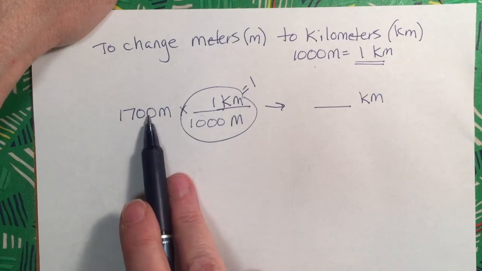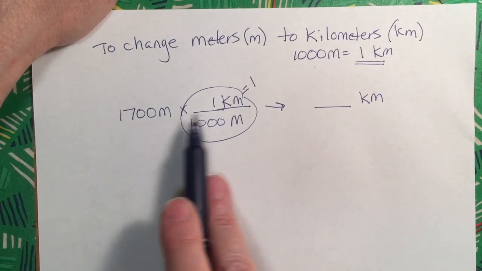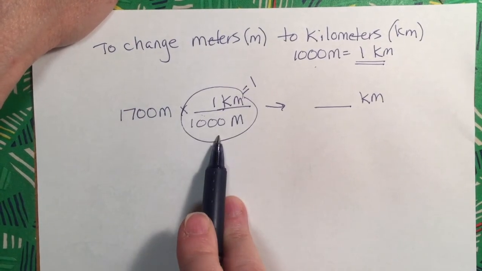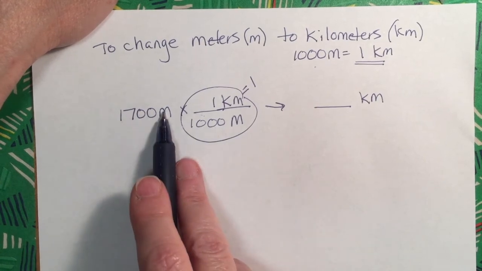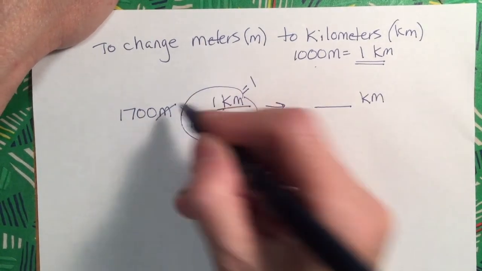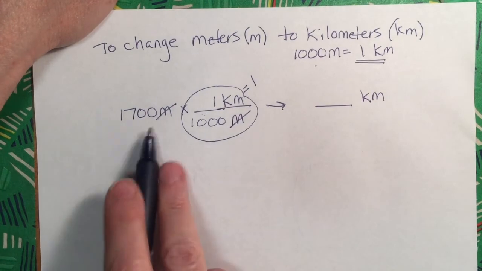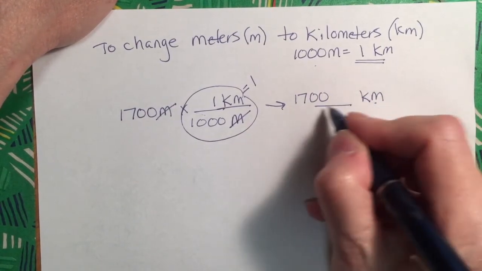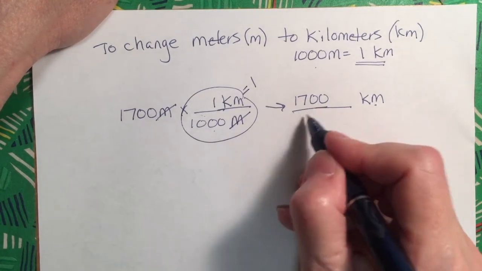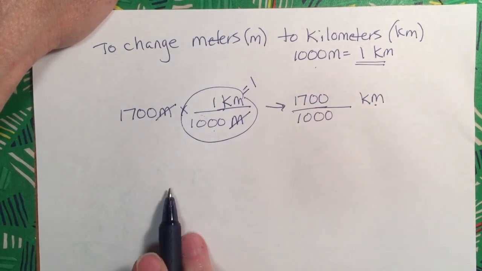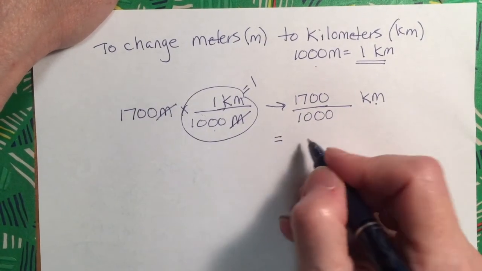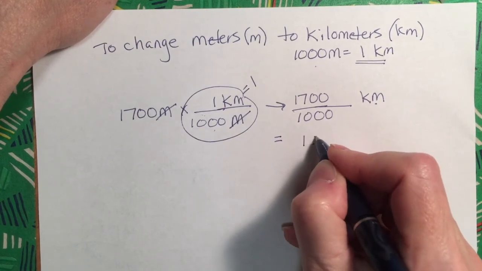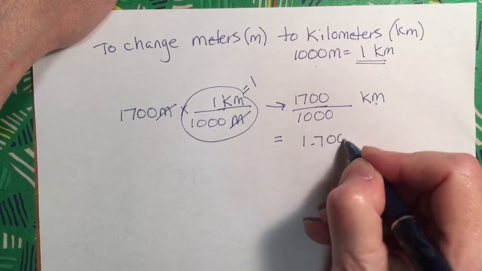So we're multiplying our 1,700 meters times 1, basically. But let's see what happens. The meters and the meters cancel, and we're left with 1,700 kilometers divided by 1,000, which is 1.7